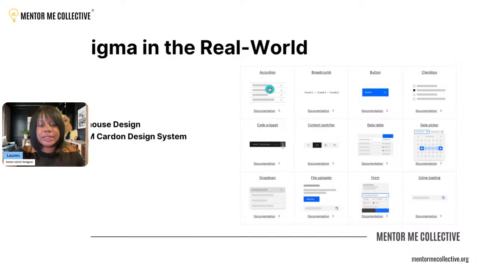You can also see that you have different views of the accordion, if someone wants to stack information on top of each other, and then breadcrumbs. You can see a little snippet here, their buttons, their check boxes, their code snippet. So it's a really organized way for companies to create within Figma and to have it accessible to